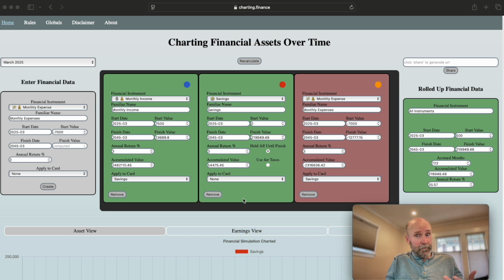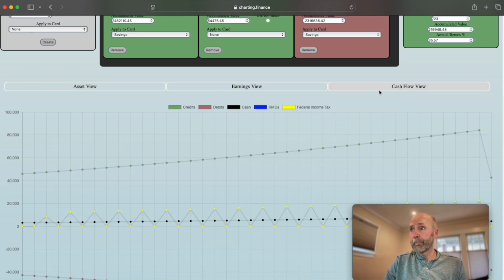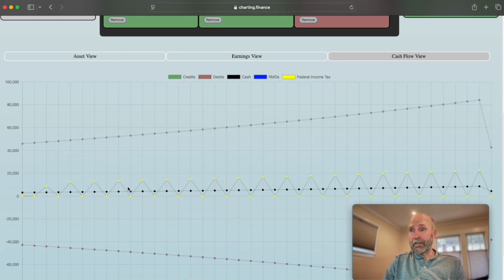I was a tax professional. I know a thing or two about taxes, and the first thing I know is you can't avoid taxes and debt and taxes. So let's see what that's going to do with our current positive outcome. We'll go to the cash flow view, and we can see that our cash flow, if you add up the credits and the debits, is a bit positive, a little over 3,000